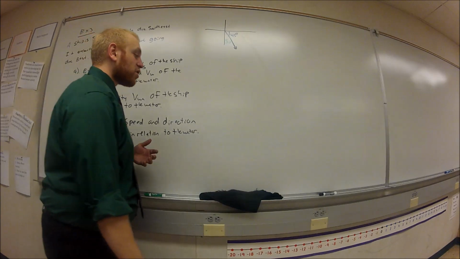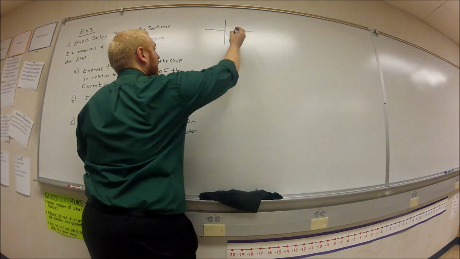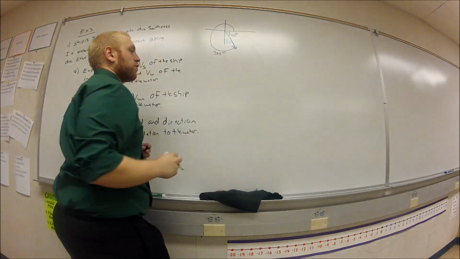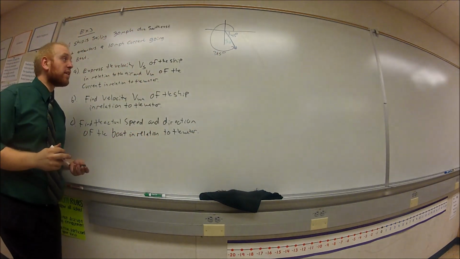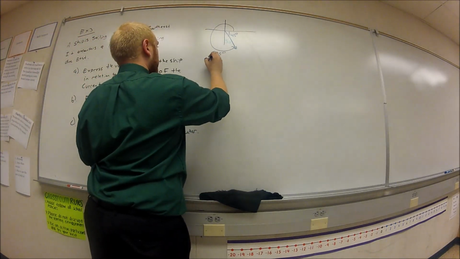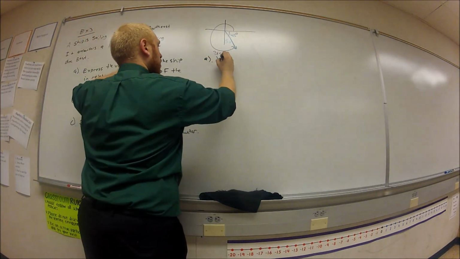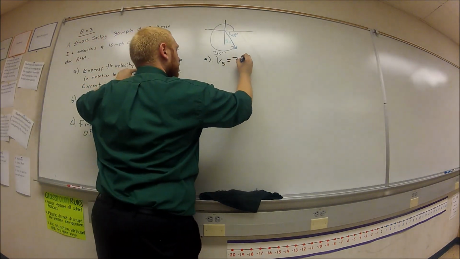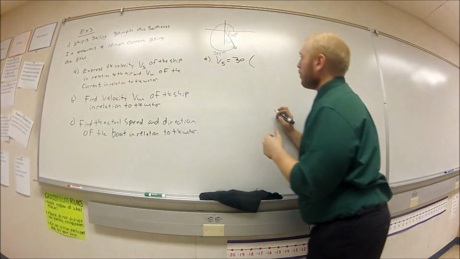We got to use the direction angle. Well, this one's 45 degrees. We got to use the direction angle of 315 degrees, because 315 plus 45 makes 360. So, let's start plugging it in. Part A, v sub s equals, remember the formula from yesterday, magnitude 30 times the cosine of the angle,